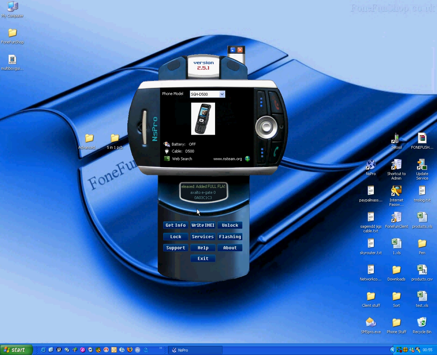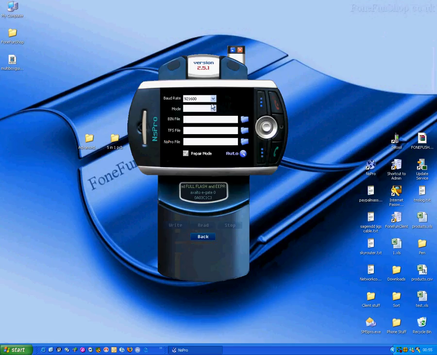Right. So if we go to flashing, the D500 is what you call a Swift type phone. So the baud rate is the speed. Always have it on the highest speed. The mode is bin TFS, bin only, TFS, full flash, EROM. This full flash and EROM are new files from the NSPro support area, or the bin and TFS, which are